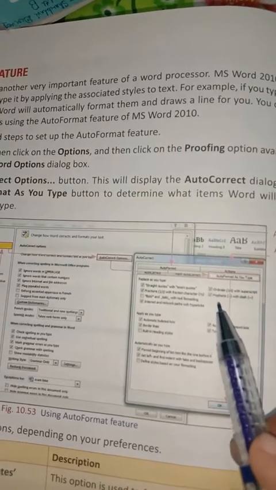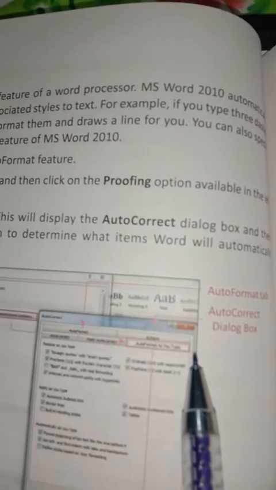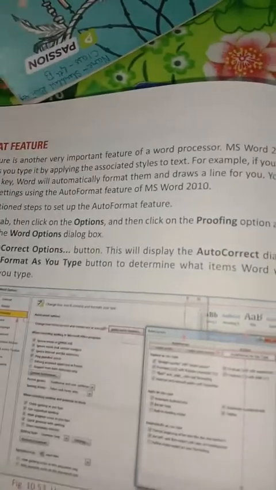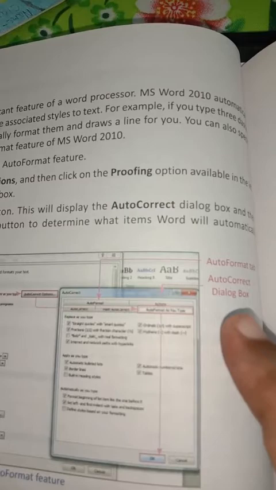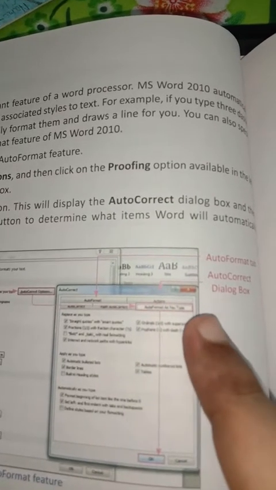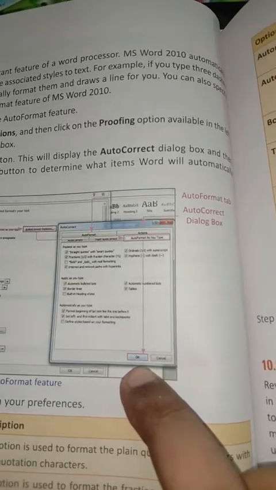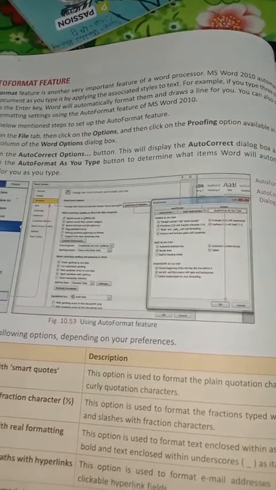You can add your own auto format by moving to the option auto format as you type. As soon as you click on it, a window will appear where you can add your own auto format options, and after adding them, click on the OK button. These auto format options will then be applied to your document.